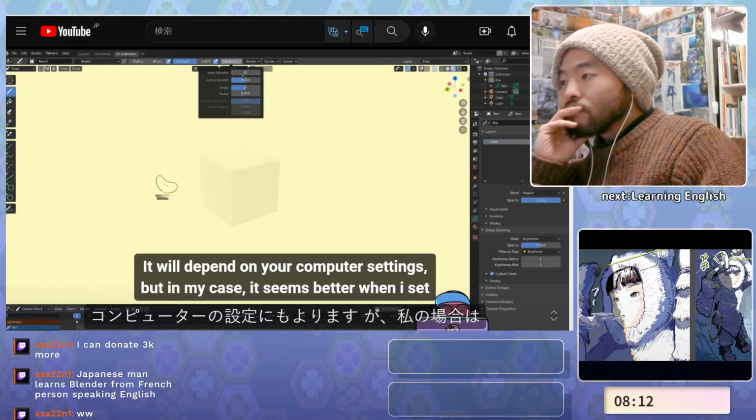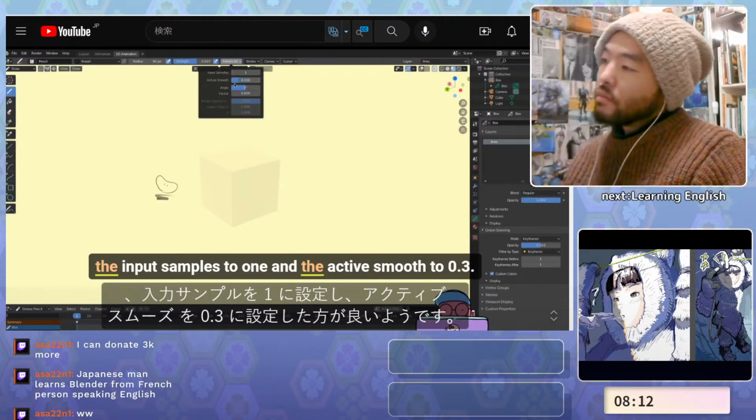It will depend on your computer settings, but in my case it seems better when I set the input samples to 1 and the active smooth to